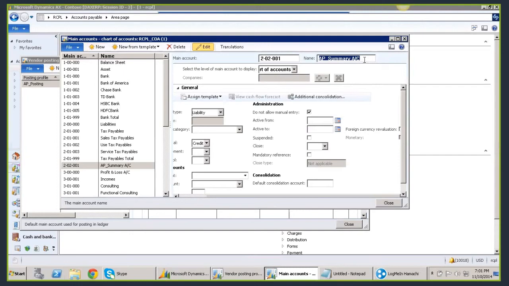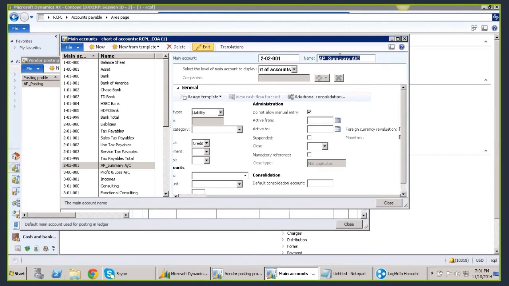This ledger account balance is going to show us that we have to pay a certain amount. It is a liability to pay to our vendors. Any amount shown on this ledger account shows the liability that we have to pay to our vendors.